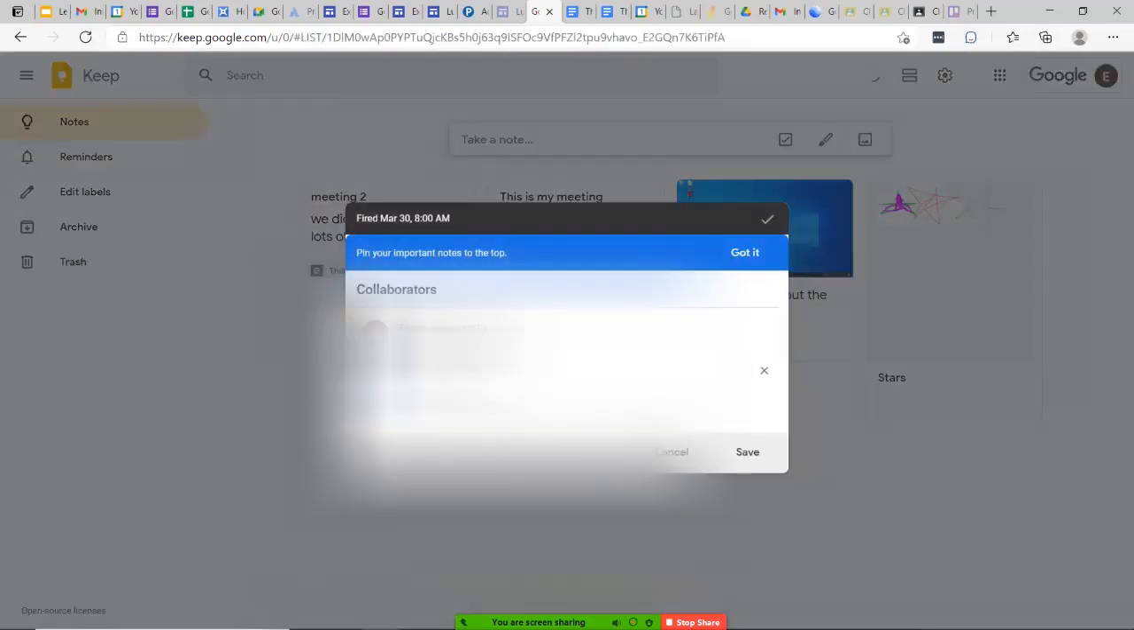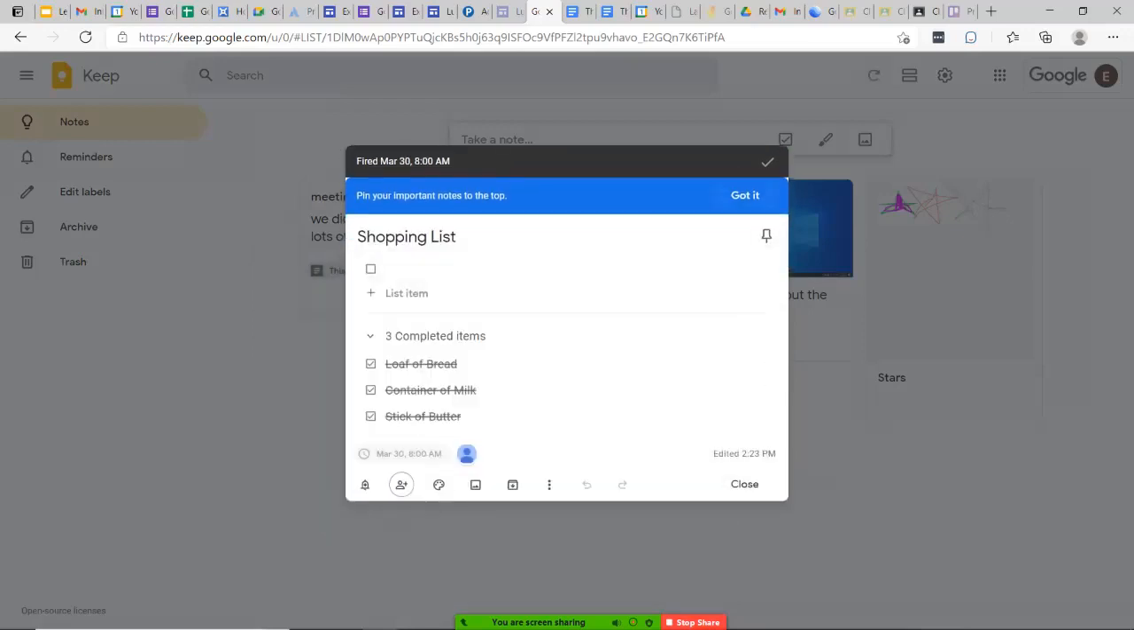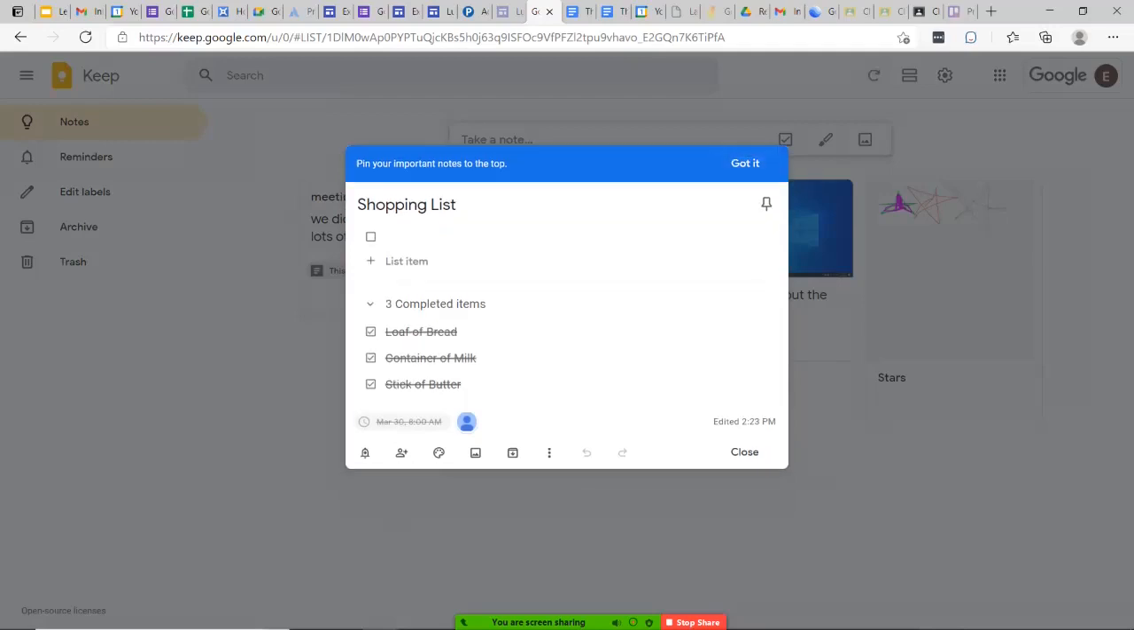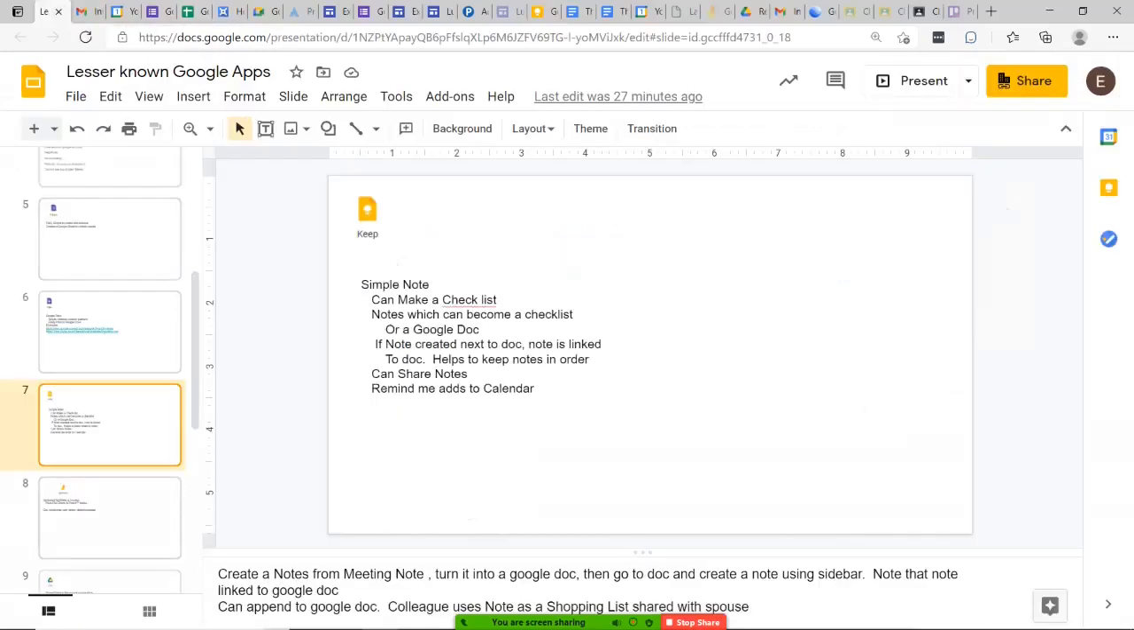And so there's collaborators. So the collaborator, I can have this on my phone, and got it. Close this. So the person you're sharing it with can see it. So this is notes. Okay, so next thing down